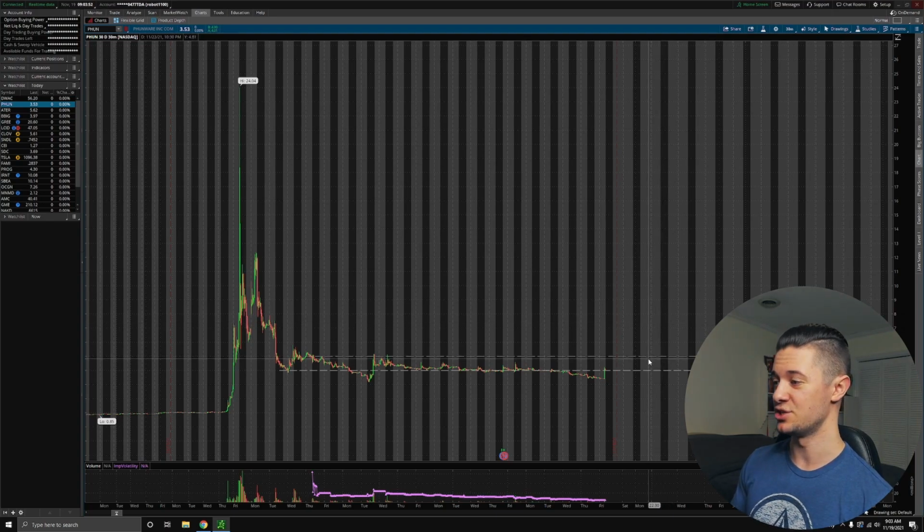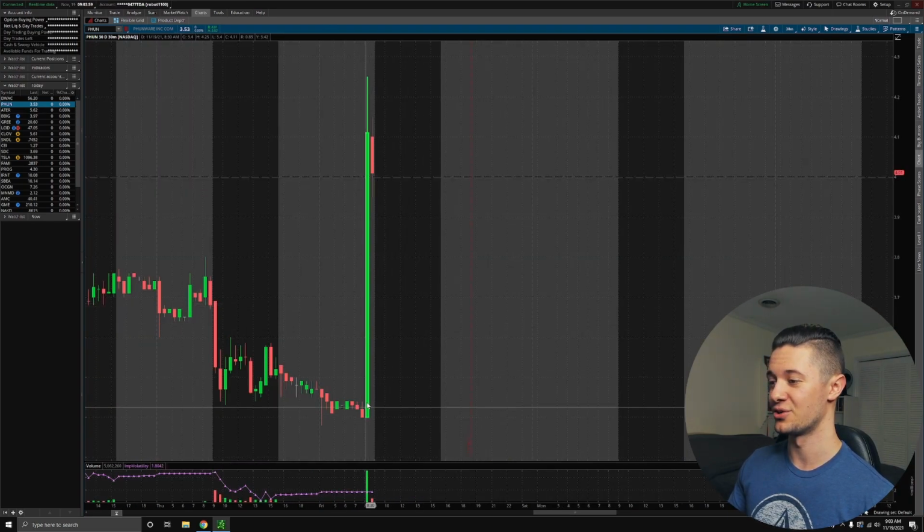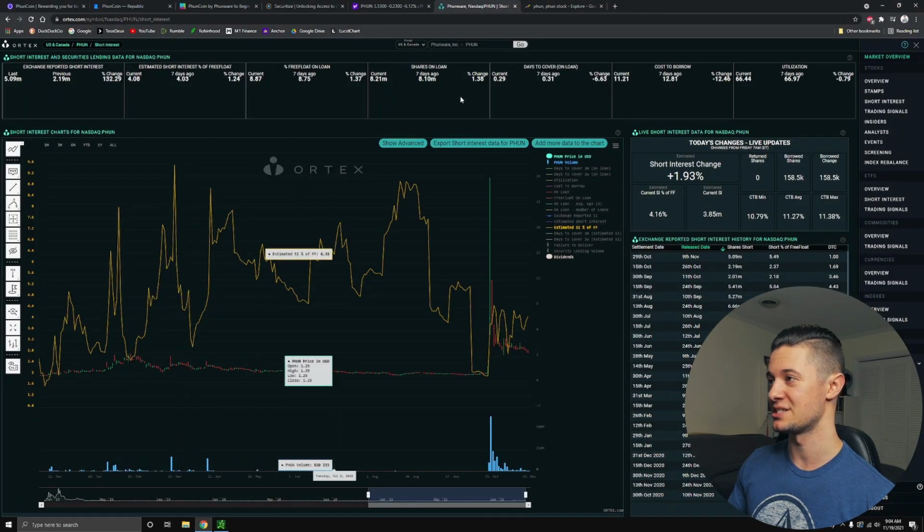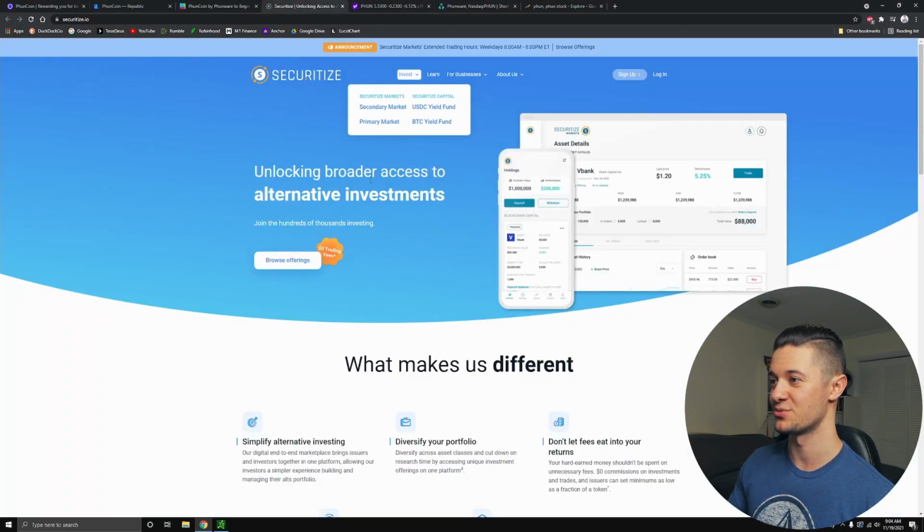So they do have a significant amount of Bitcoin. They're certainly very crypto friendly, but now they're really going all in with this Phun Coin. So a lot of crypto people are likely going to want to get in on this. Obviously, whenever a company launches their own coin, it can be very hypey for them. It can certainly help out the stock price as well as the company's coin price, right? Now that they're launching this, now that it's actually being traded, we'll have to see what happens with it on Securitize, but it will be interesting to keep track of.